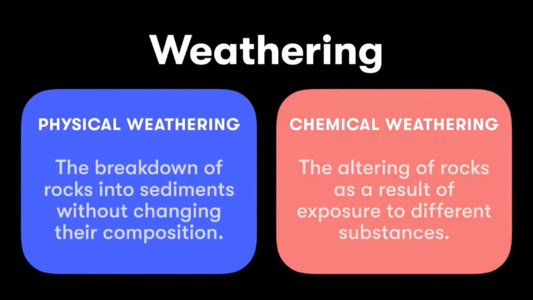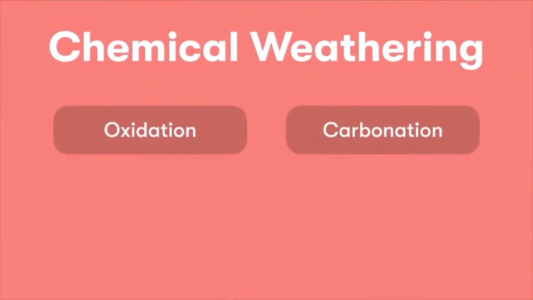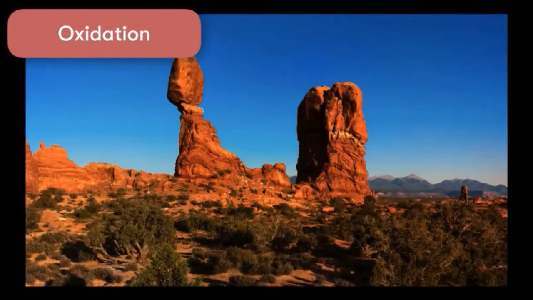Now we're going to look at the second type of weathering, that being chemical weathering. So remember, this is altering or changing the rock as a result of exposure to different substances. Examples of this are oxidization and carbonation. You may have heard this before. Oxidization is the formation of rust, and this is whenever the element is exposed to oxygen. It has iron in it, and then it turns to rust, and this can happen in the air. And then finally we have